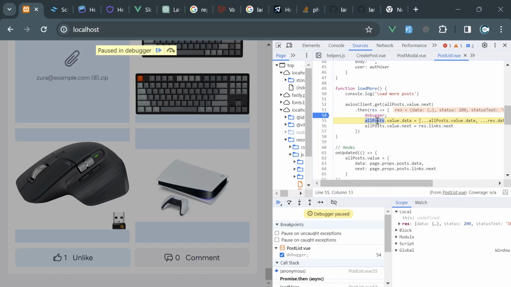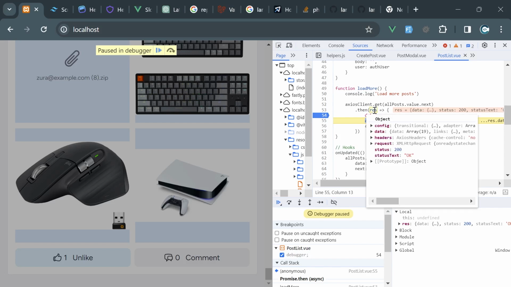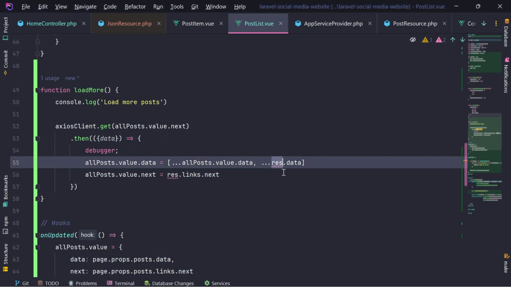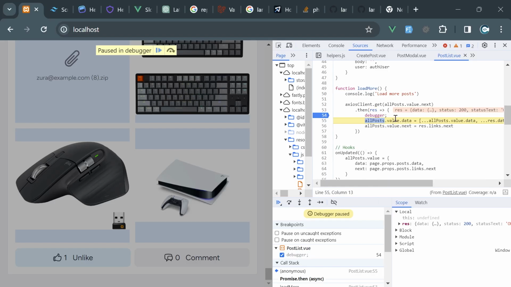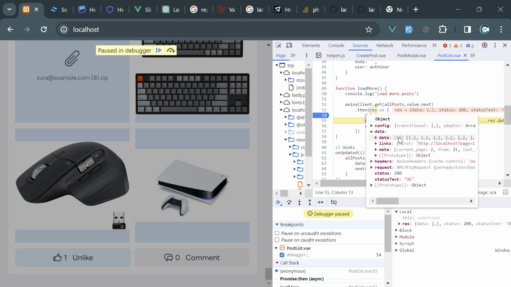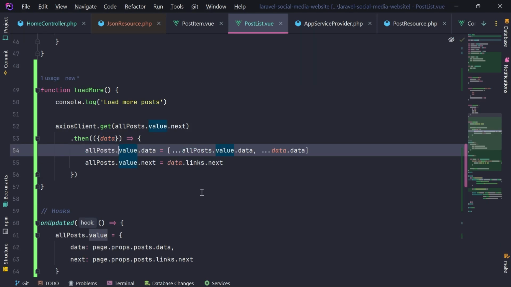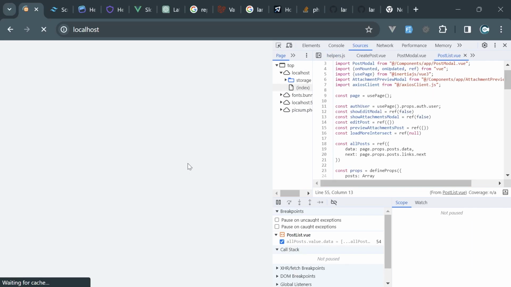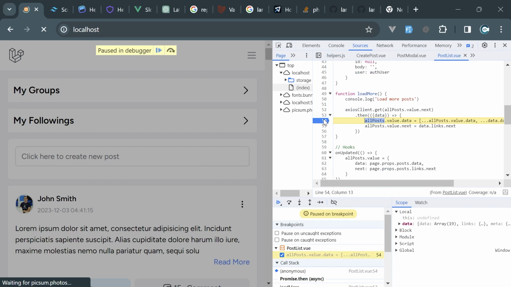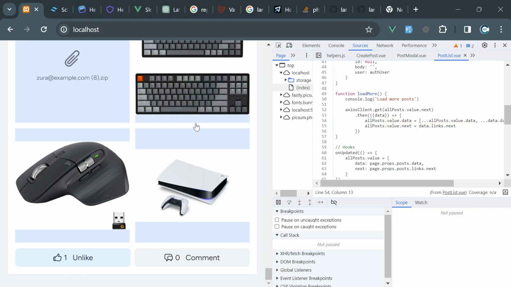And the data will be the response, which contains data, links, and meta. So in this case, we need data.data, which is going to be the actual array, and we're going to get the links from data.links.next. If I reload the page, remove this breakpoint,